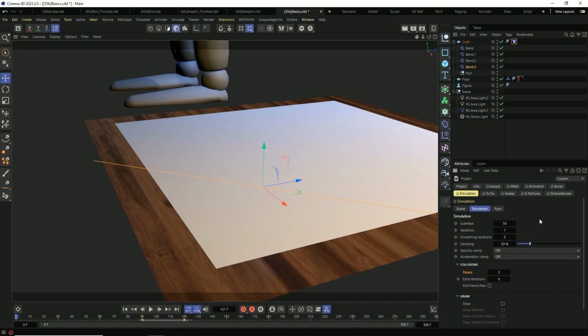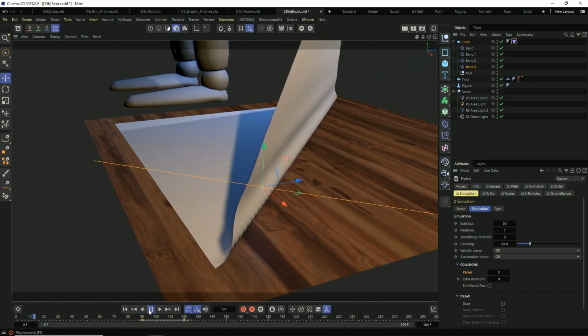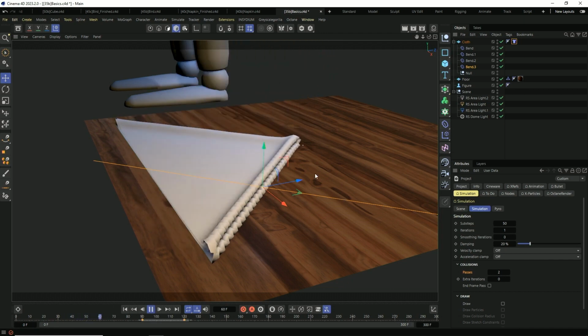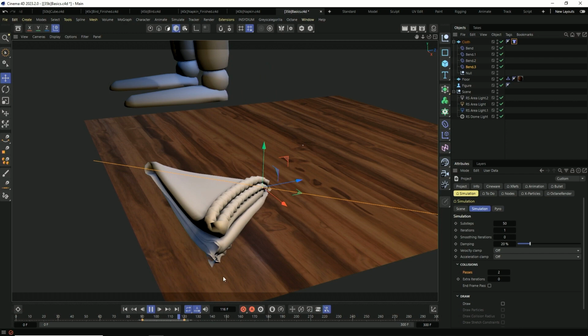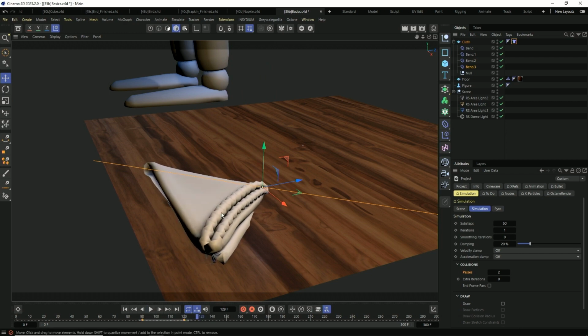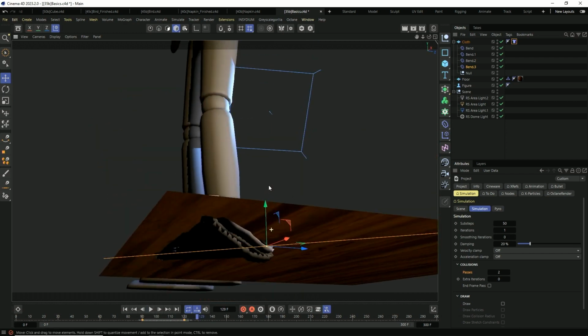Those feel pretty good to me. But even just cranking this up to 50, if I play again, it's going to be better, but it's not going to be perfect. So you see we get a fold. It does look better. Look at this nice fold layering up on top of each other. There we go, layered up nicely. But as these layers crush on top of each other, you're going to again see they're sneaking through